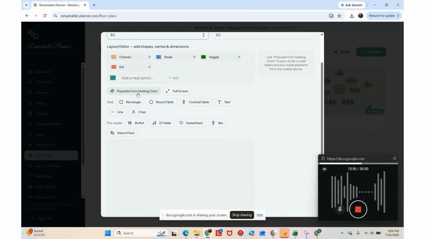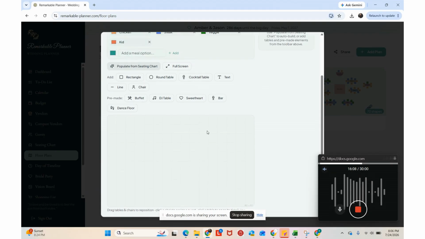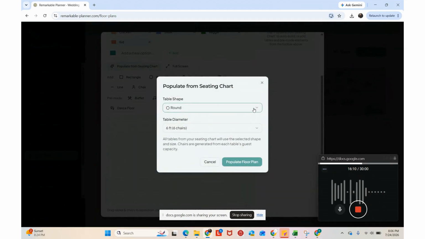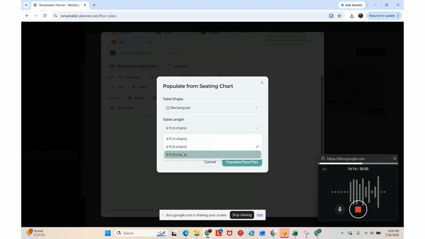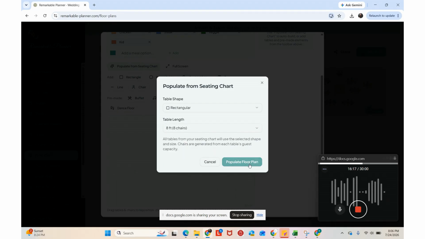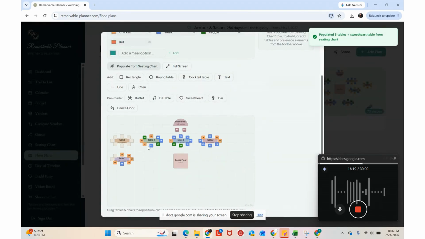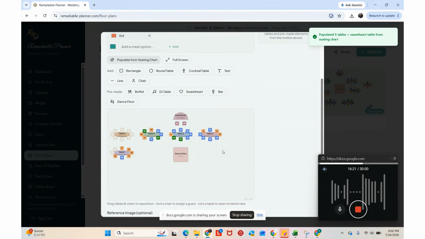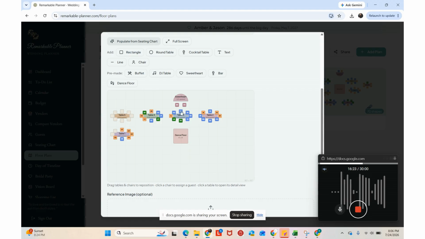There's this quick little button here that populates your floor plan from your seating chart. So if I click this, it automatically pulls who was at what table from the seating chart and creates this floor plan down here for me. I want my guests to be at rectangular tables with 8 people at each table. It is now populated exactly what I had in the seating chart with each guest's initials and color-coded by their